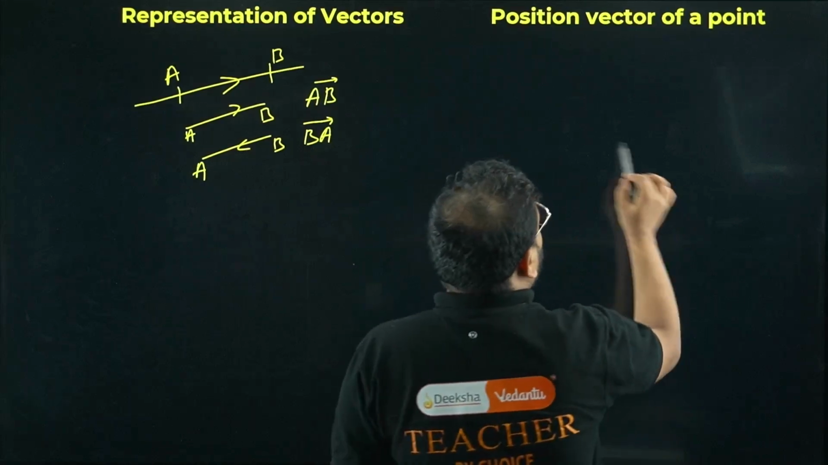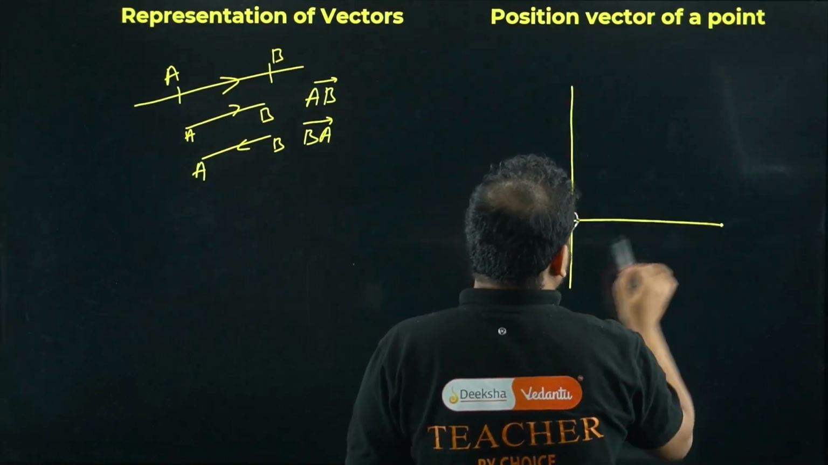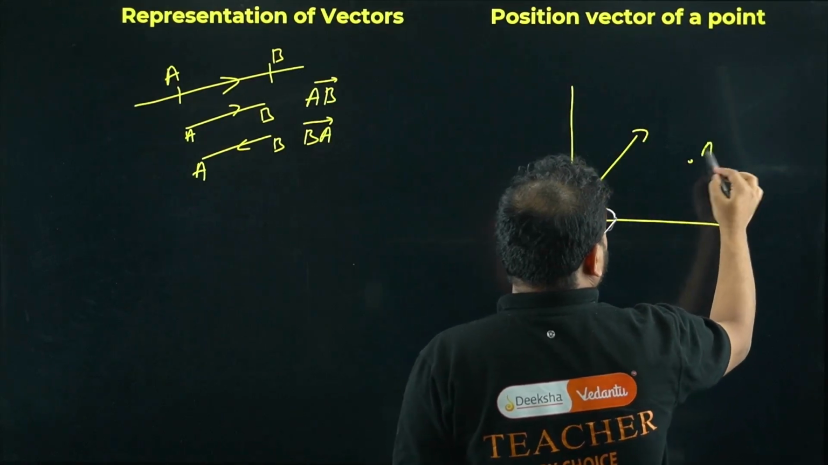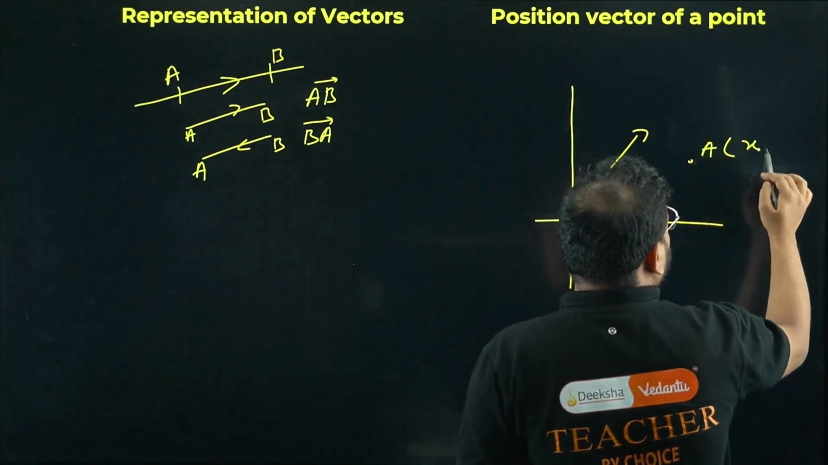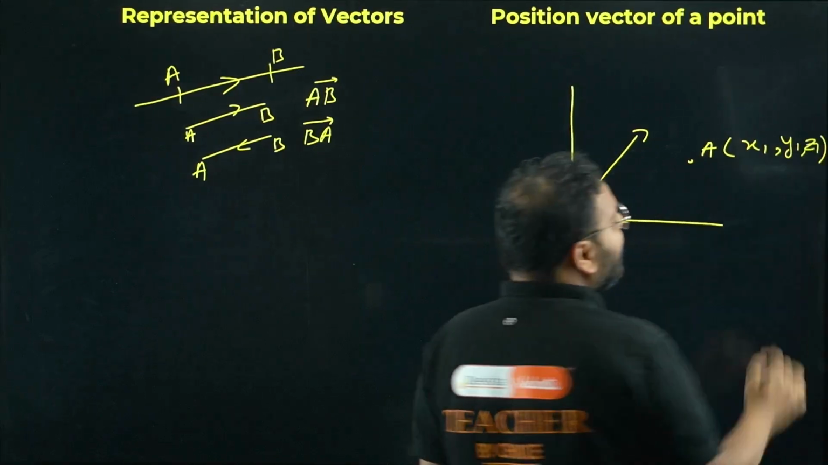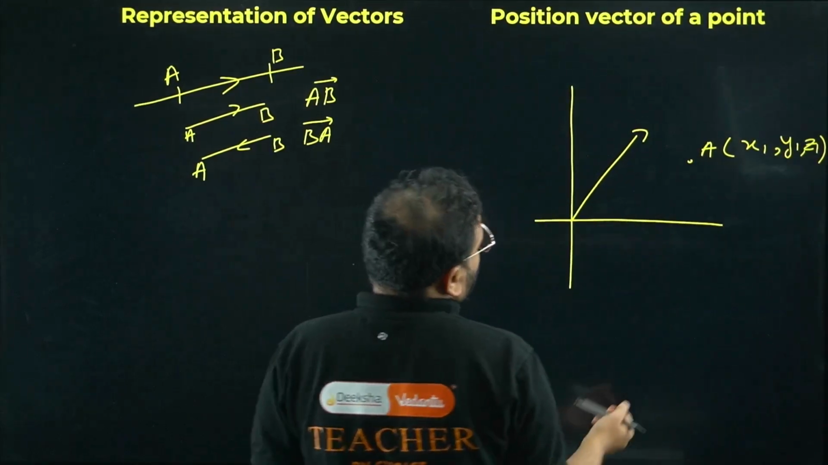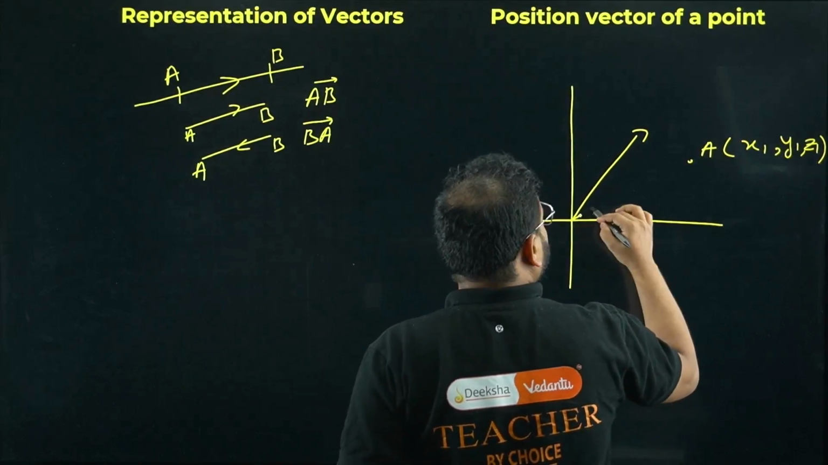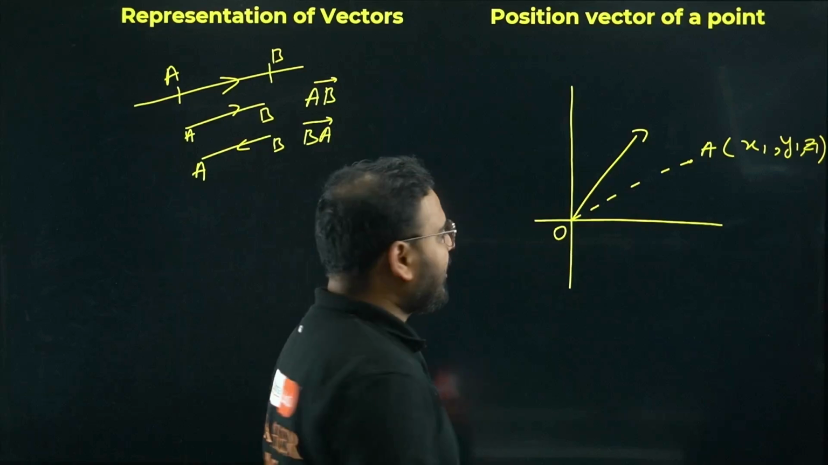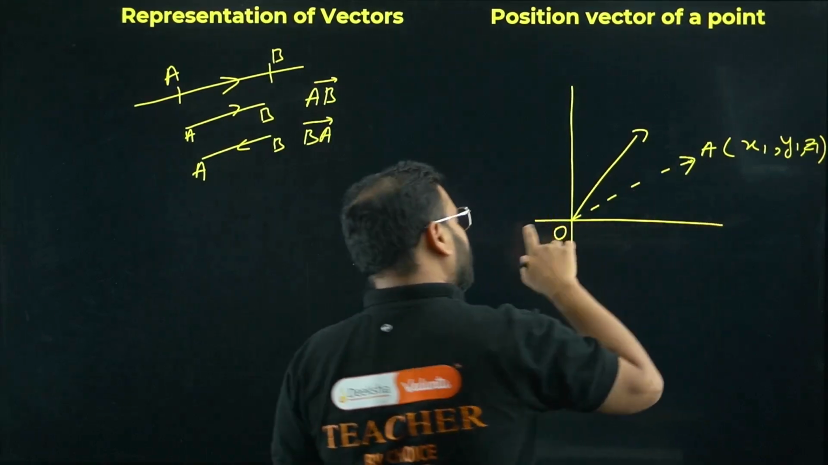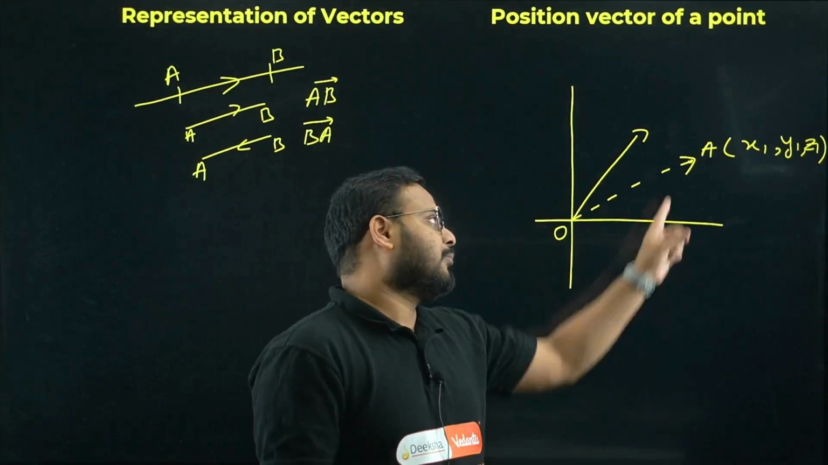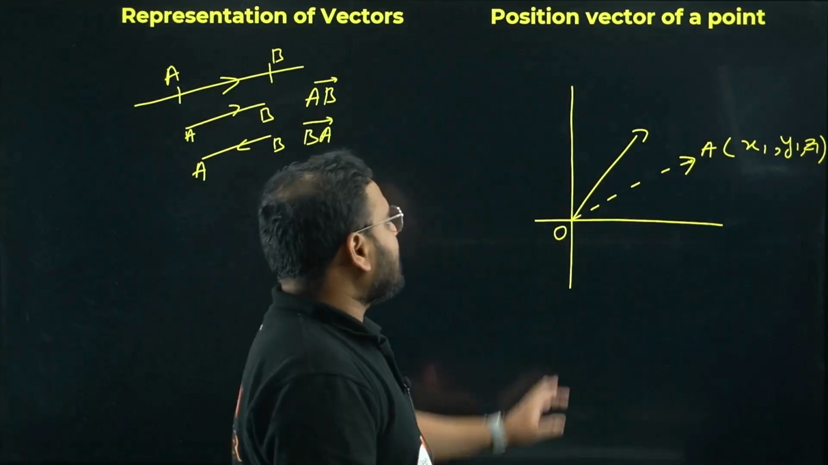Now position vector of a point. For example, let's say I have a point in 3D space. Let's say I have this as a point A, with the coordinates x1, y1, z1. Then how do you write this vector? This will be a vector from O to A. What is point O? The origin point. Let's write the direction sense over here. So your initial point is at the origin, and the point A will be your terminal point. And so this vector OA